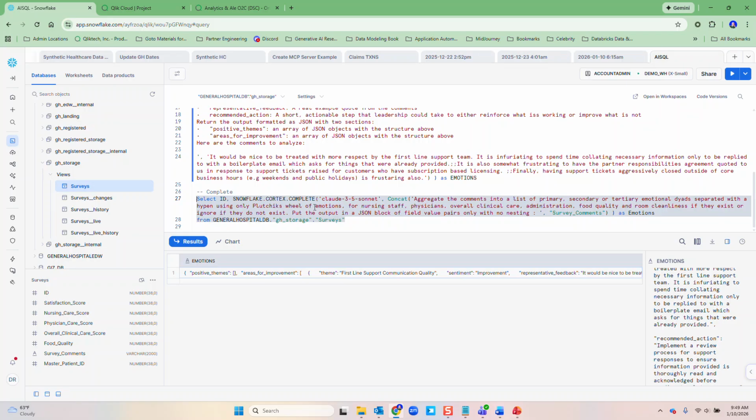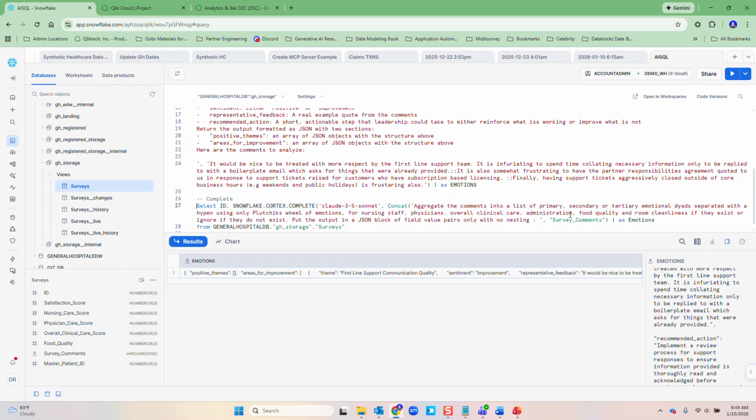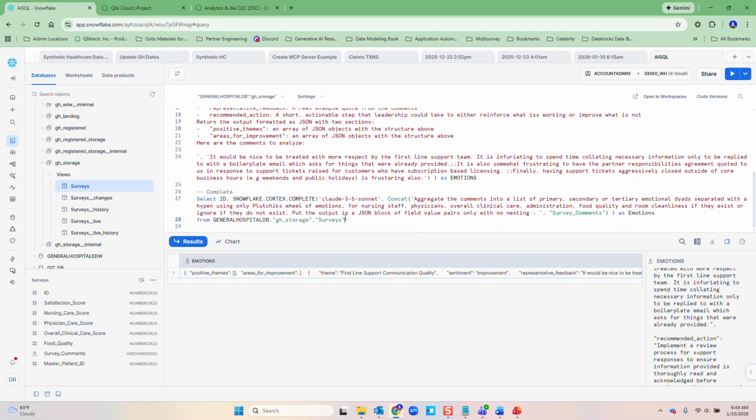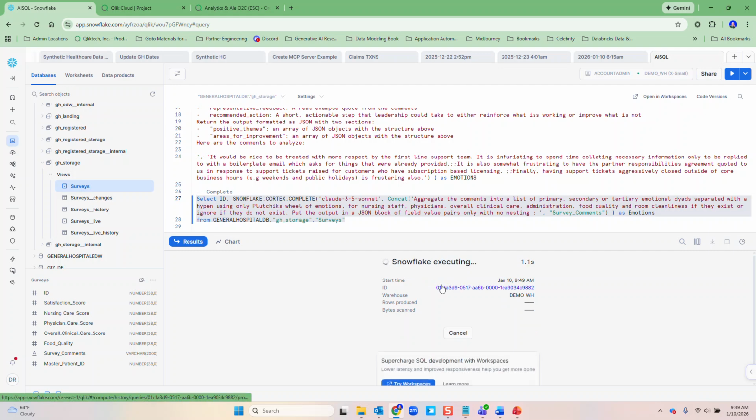Again, very highly tuned prompt, right? And what I'm going to do is pass it my survey comments. So I could run this on the fly now, just like I did where I was asking just for the sentiment. The purpose of this, and you can look